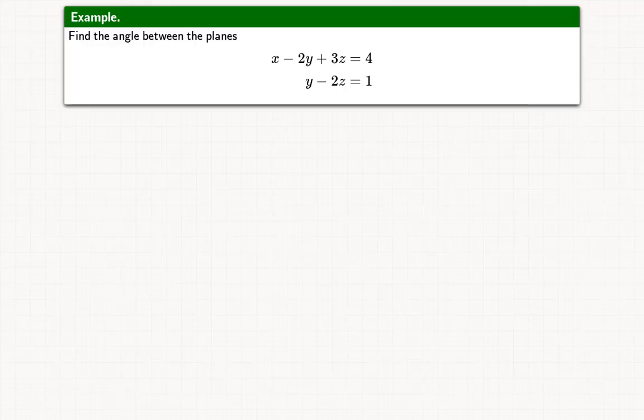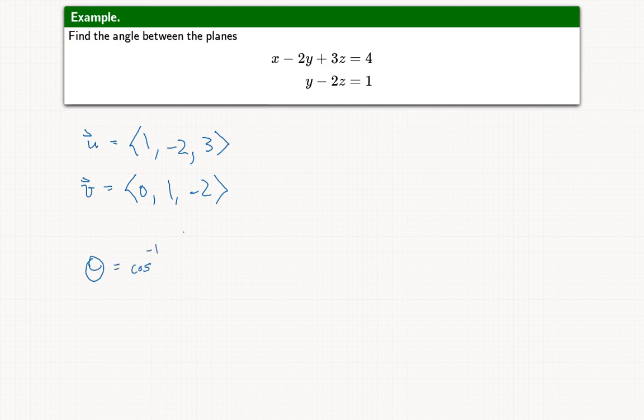For example, let's find the angle between the planes x minus 2y plus 3z is 4, and y minus 2z is 1. So the normal vectors are u = 1, -2, 3, and v is 0, 1, -2. So theta, the angle between these two planes, is going to be cos inverse of (1, -2, 3) dot (0, 1, -2),